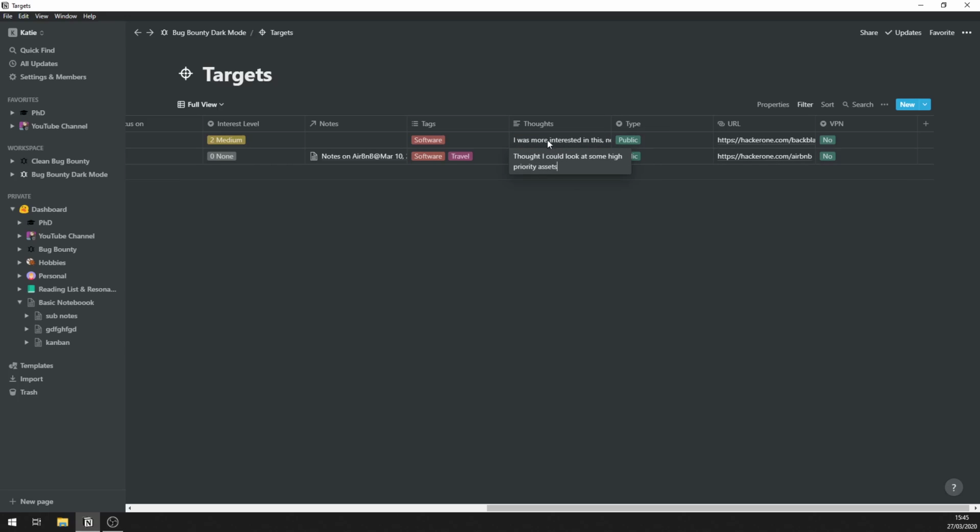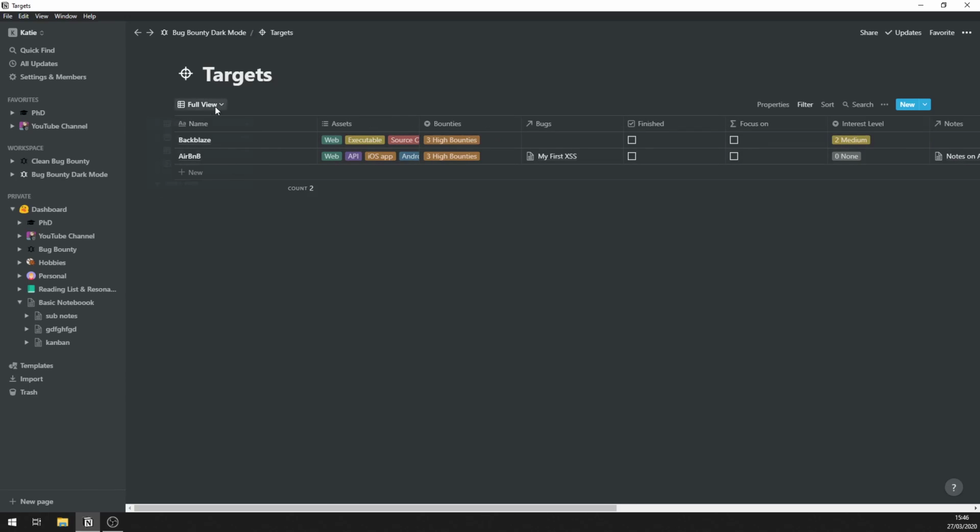And here I've thought I could look at the high priority assets. Really simple kind of generic thoughts. Whether or not it's public or private, or a live event. The URL associated with that, so these are both on HackerOne, with not a VPN or other security stuff. So that's targets, and the goal here is really to list all of the targets that I might want to